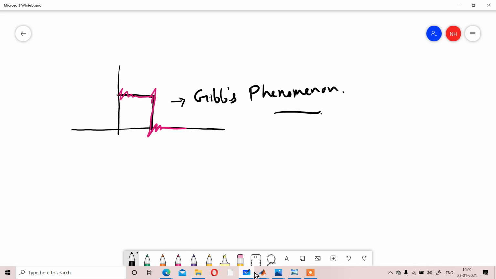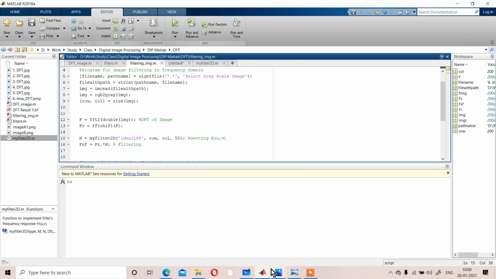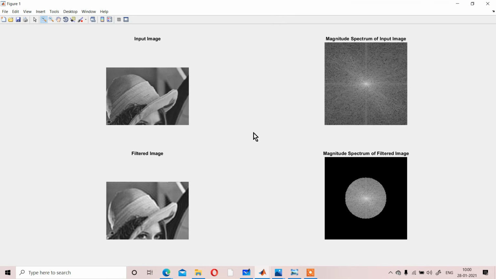So what we need to do: we cannot use the ideal low pass filter over an image. Instead of that, if we use a Gaussian filter or Butterworth filter, then that oscillation will not happen.